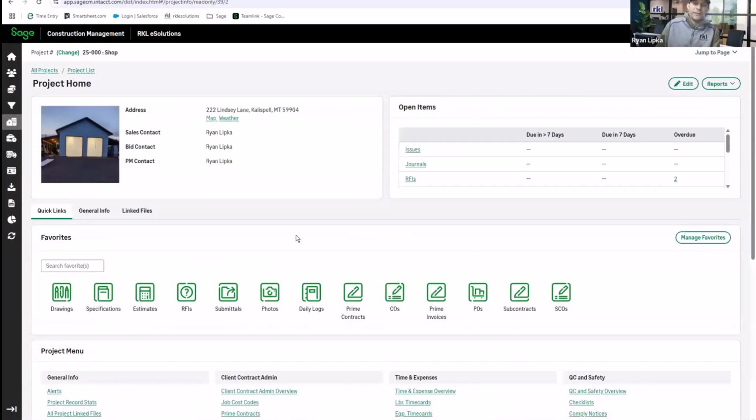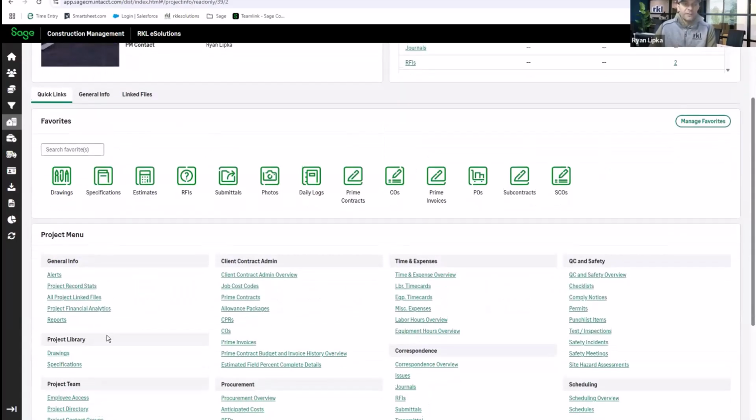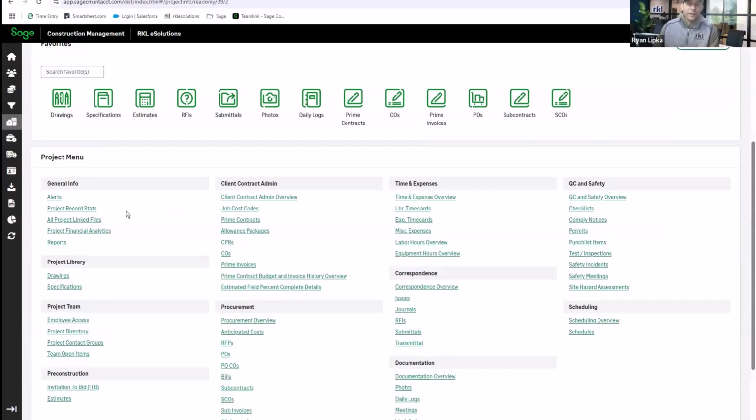When we actually drill down into the project, there again, similar to a lead, we can see the different contacts associated with it. This is going to be those open items that the system was notifying us of on the last screen. And then here we have our projects menu area. And so it's organized into maybe different workflows of the project. And so first we have just general information, drawing specs,